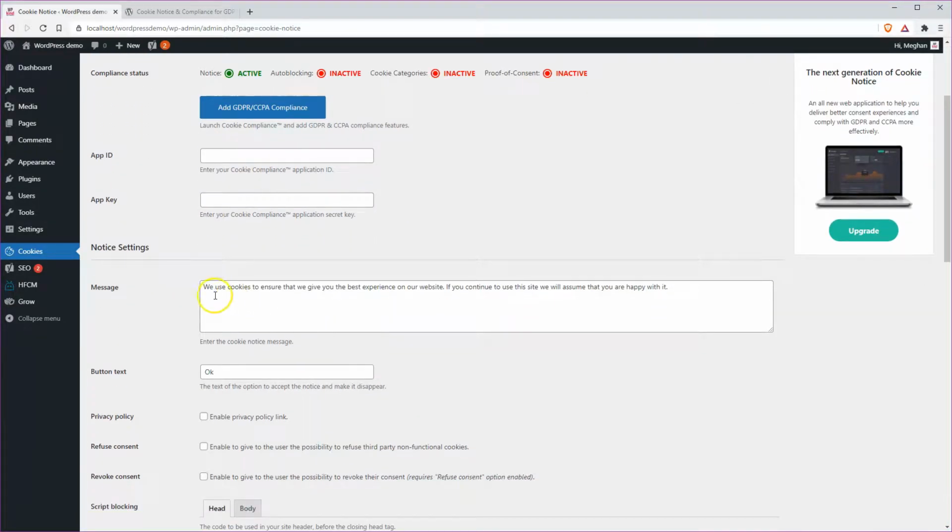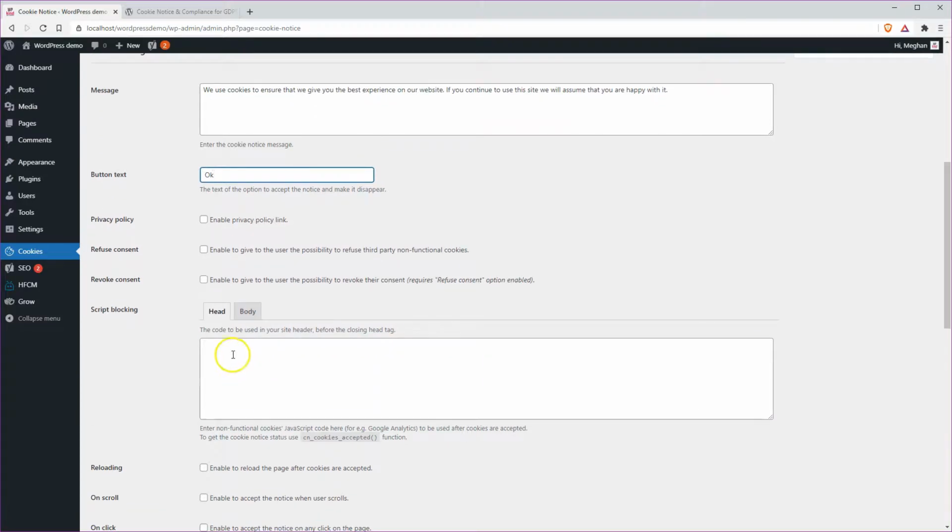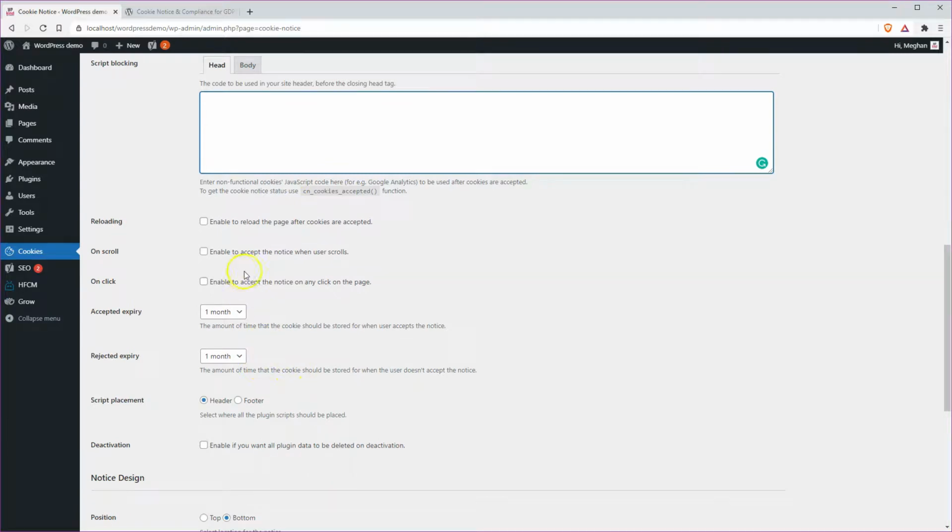But what it does give you is a message here, and you can set the button text, and you can also do some script blocking as well. So if you were going to block Google Analytics until they had okayed the cookies, then you would put the Google script here rather than in the header footer plugin. And then further down you've got a few other settings like the amount of time that the cookie lasts for,